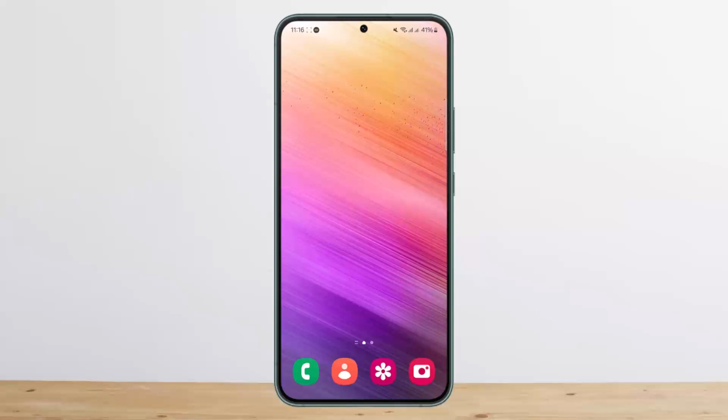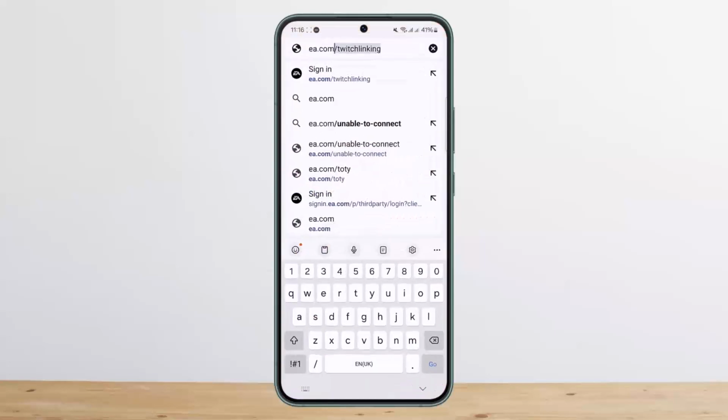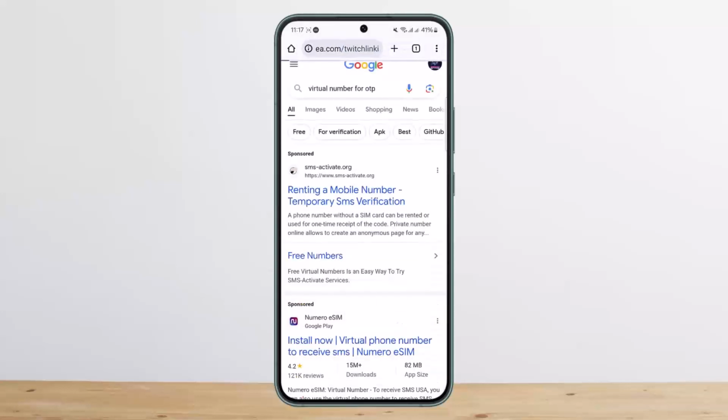First things first, you can do this on any of your devices. You simply have to head into your browser, and in the search bar you want to type in ea.com/twitch linking. As you can see, I've done so on the screen. Once you type it correctly, simply tap on go